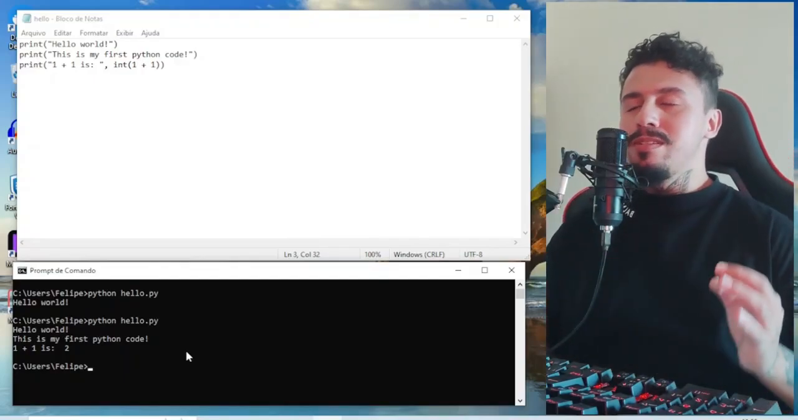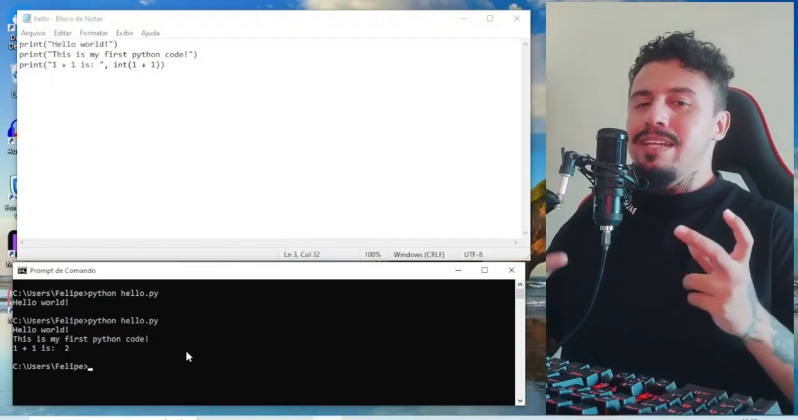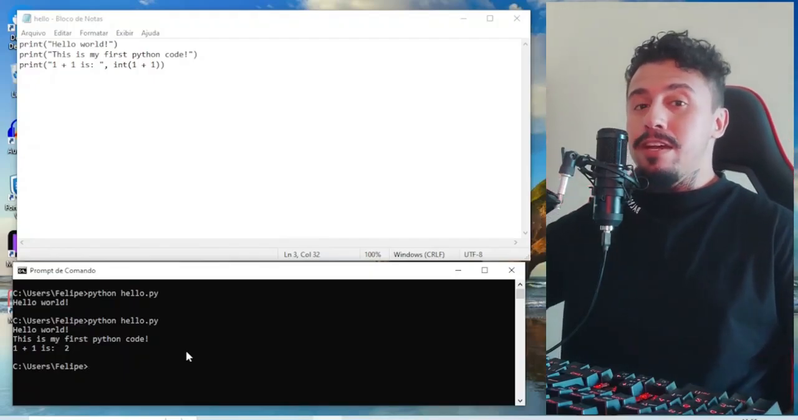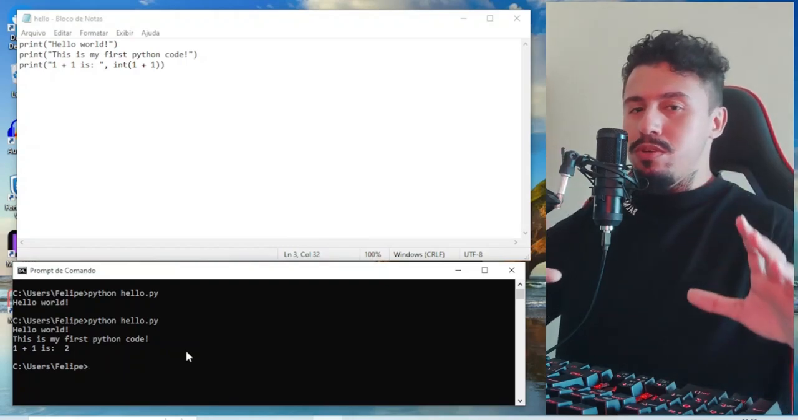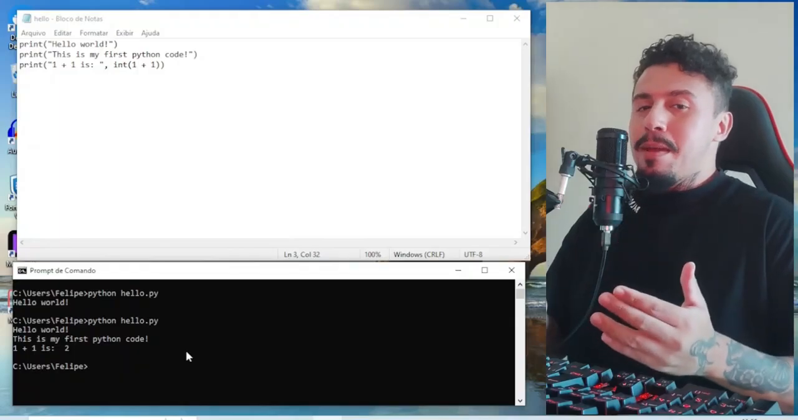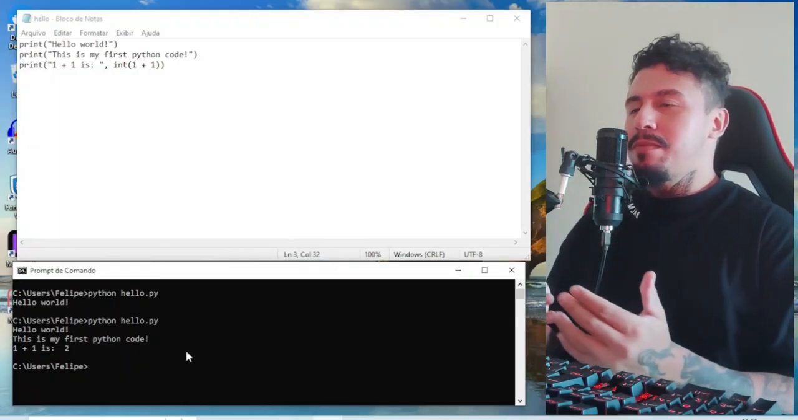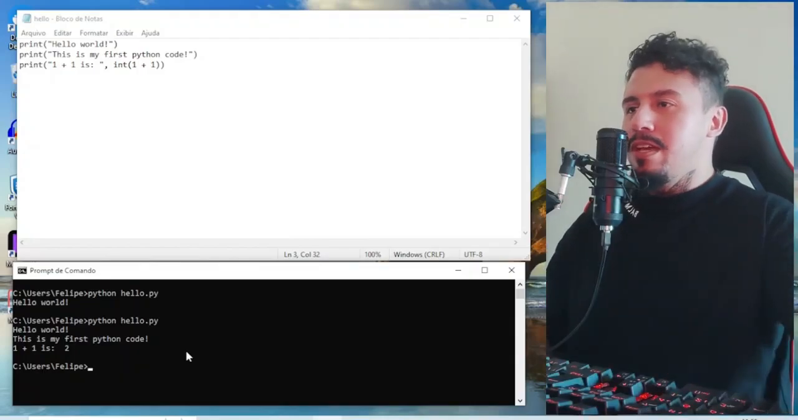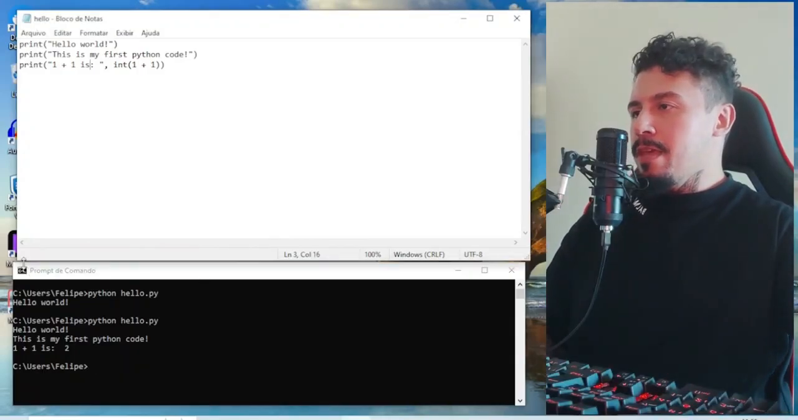So again, don't worry about the way I coded here, because I'm going to explain to you in the future. You just need to understand how the dynamics between the file and the terminal works, right? But what if you had many files? If you had many files, you would have a problem here, because see,